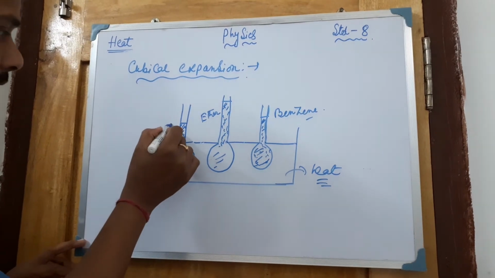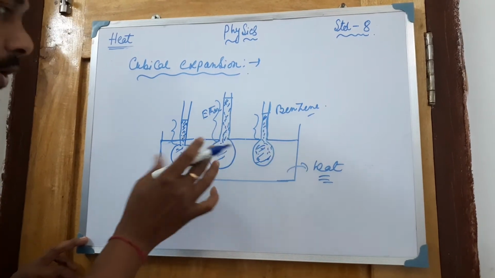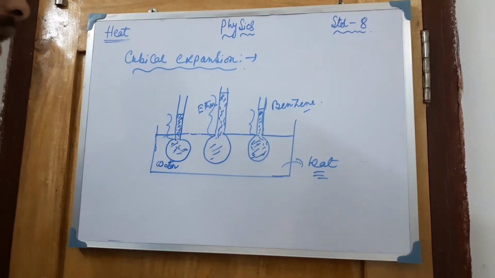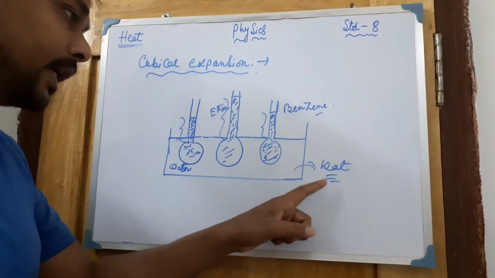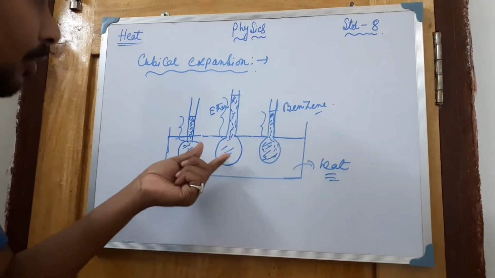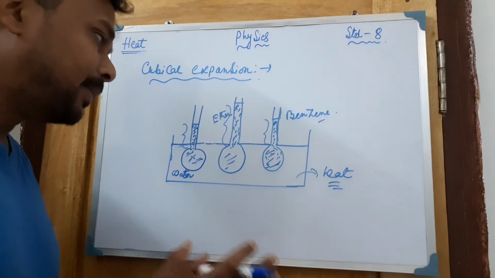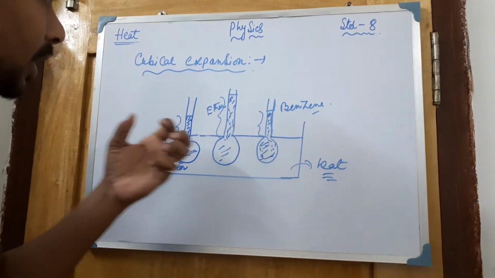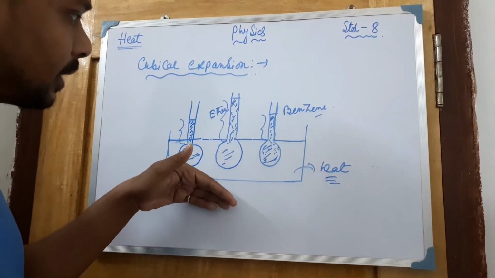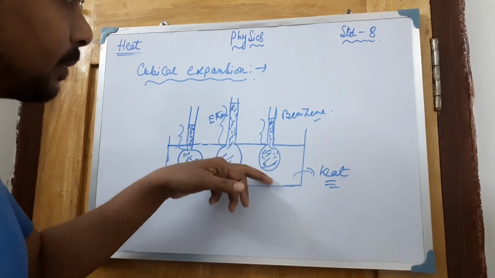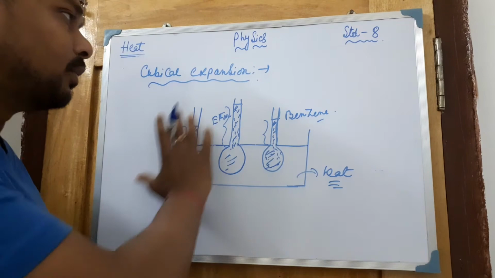So if you see the rise in the liquid level in this case and in this case, you can see there will be different types of expansion. But one thing is very much clear to us: when heat will be supplied, then definitely the volume will increase. That means cubical expansion will take place, but it depends on what type of liquids you have taken. Water you have taken, less expansion. Ether you have taken, it has more expansion. Benzene is more than water but less than this one. So this type of thing will be an example.